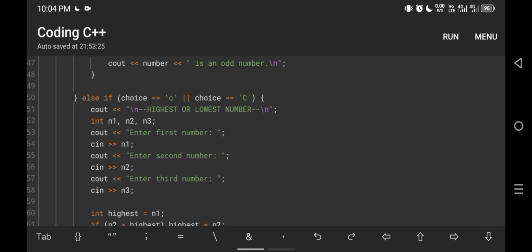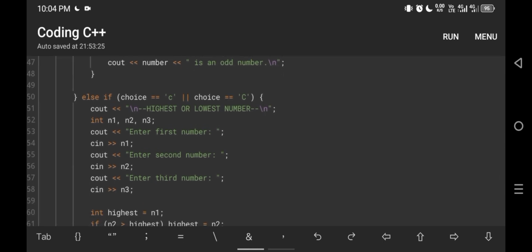Else, if choice is equal to small letter c or big letter C, if the user enters a small or big letter C, it will print the highest or lowest number. And then enter first number.